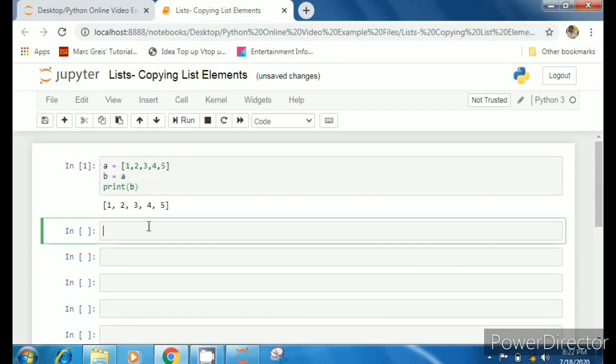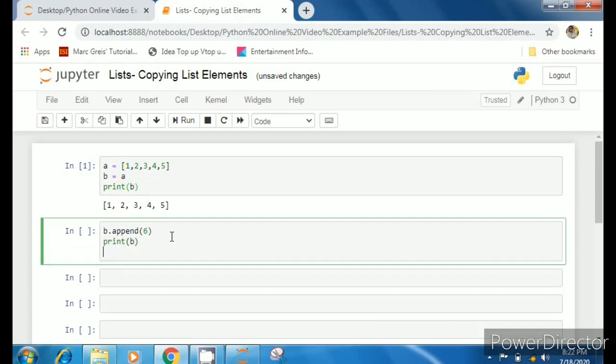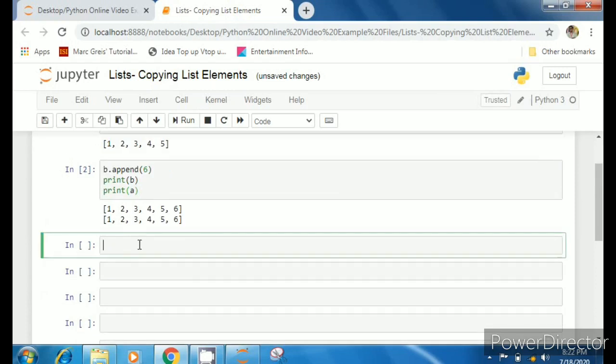Now what if I want to change my new list? I want to add a value 6 to my new list. So I'll write b dot append 6. We saw in the last lecture how to use this append function. And then I'll print my new list, and let's print the original list as well. So I'll write print a. Now using shift enter, see, I had only changed the new list, but this change has been reflected in the